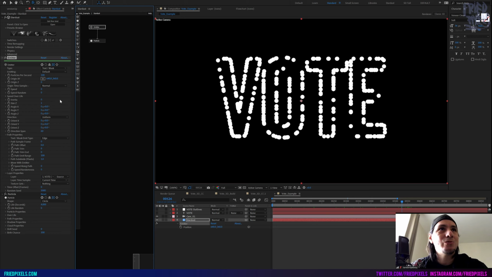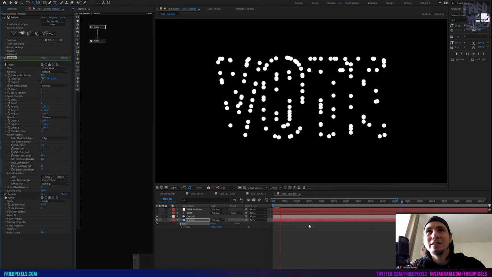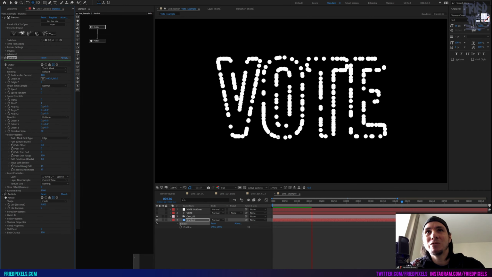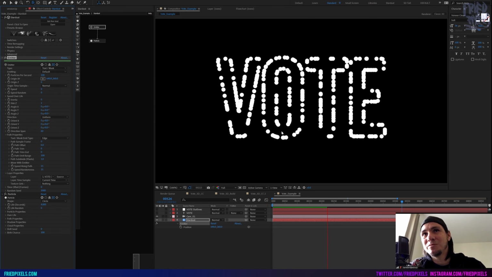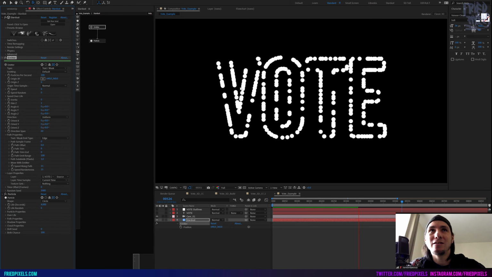So basically then all we need to do is give it speed along path. So if we set this to, I don't know, like 15 with the randomness of like 15, you can see now that the particles are moving along the surface of those curves. So that's pretty cool. It's pretty much most of the effect that I was getting in the animation.